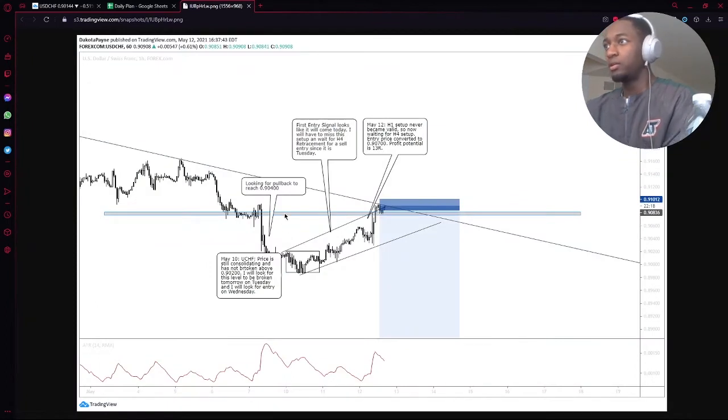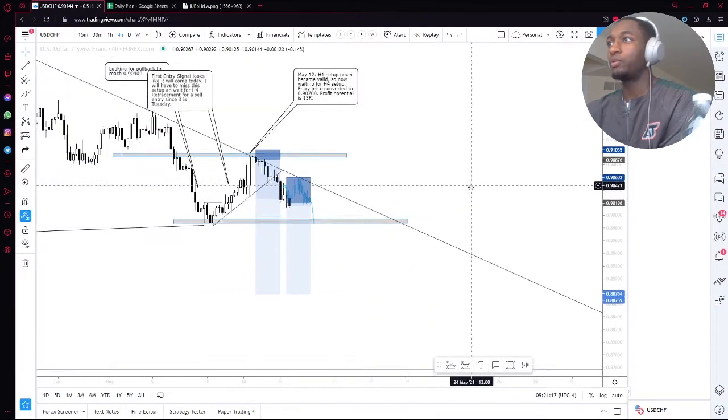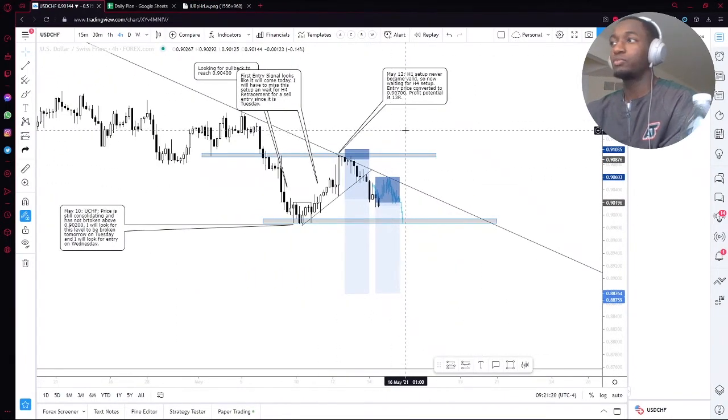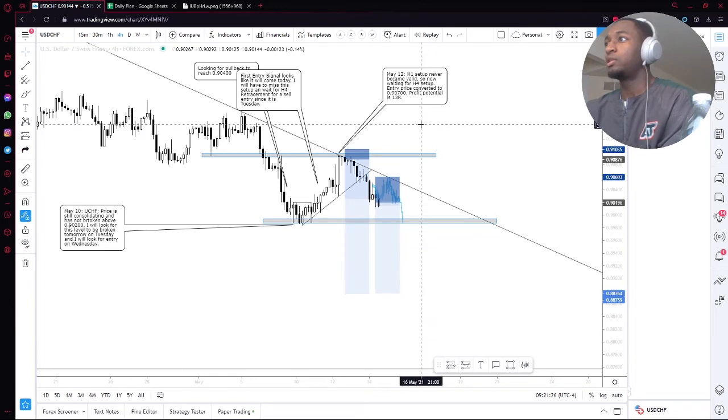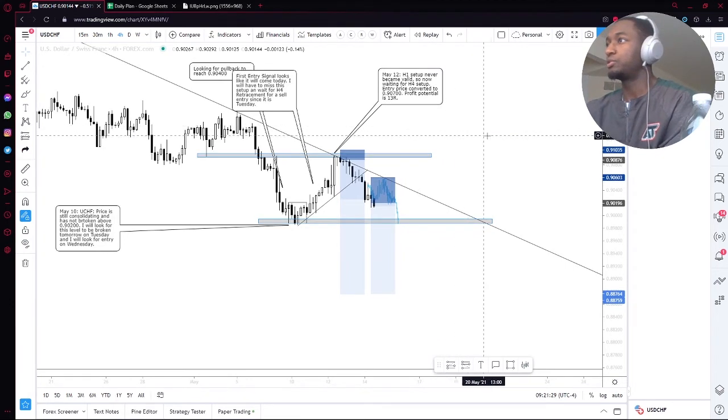So let me actually bring up the Discord screenshot. Only one trade closed this week, and that's this trade here. You can basically see the whole thought process I had. All the screenshots are in the Discord server, so you can go back and look at this if you want to look at it yourself. And basically I got an entry here, and when I entered here, price went into drawdown to a point where I needed to close and I could get a better entry. So I closed the position and looked for a better entry, right? And ultimately that's how I ended up with this position here. It was actually a way better entry than what I originally had.